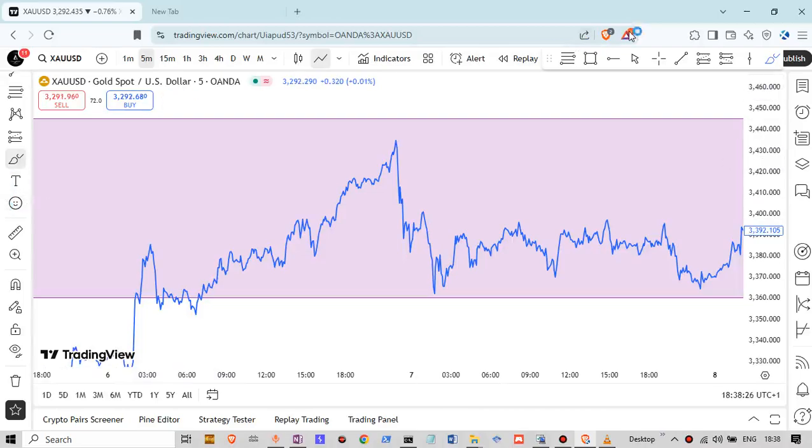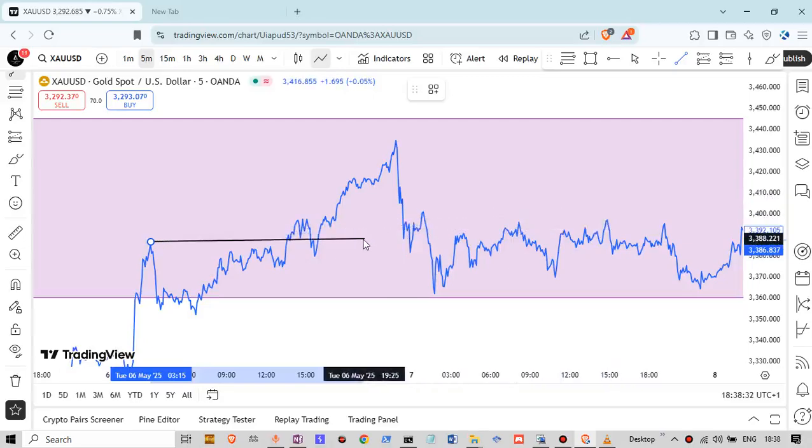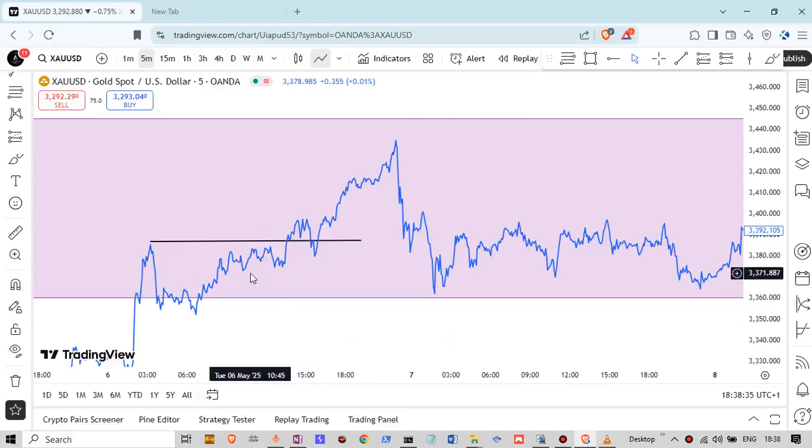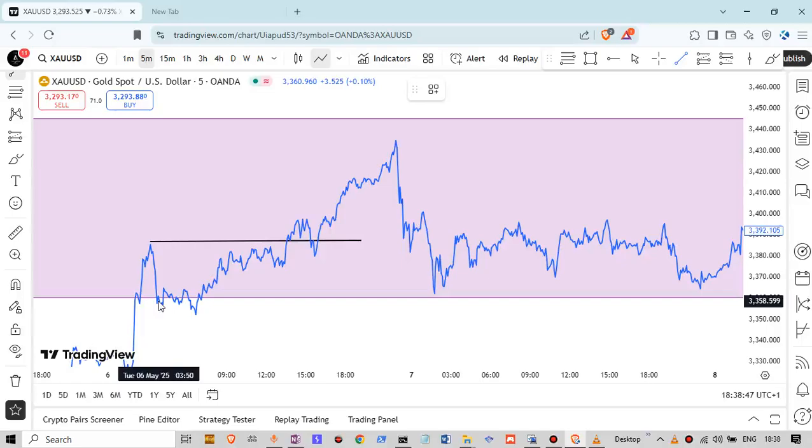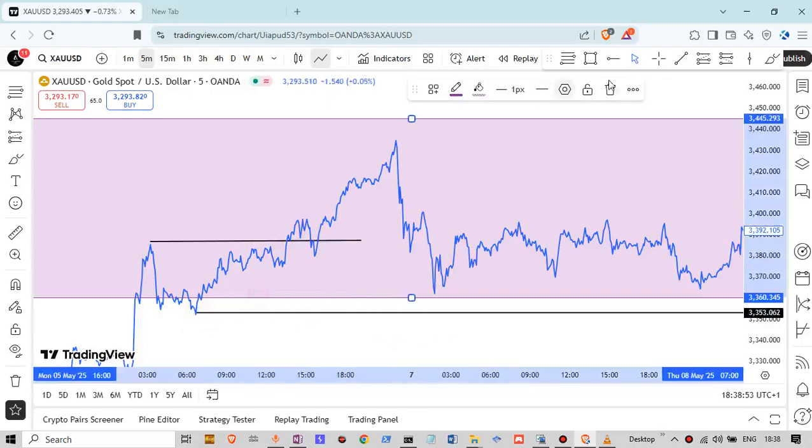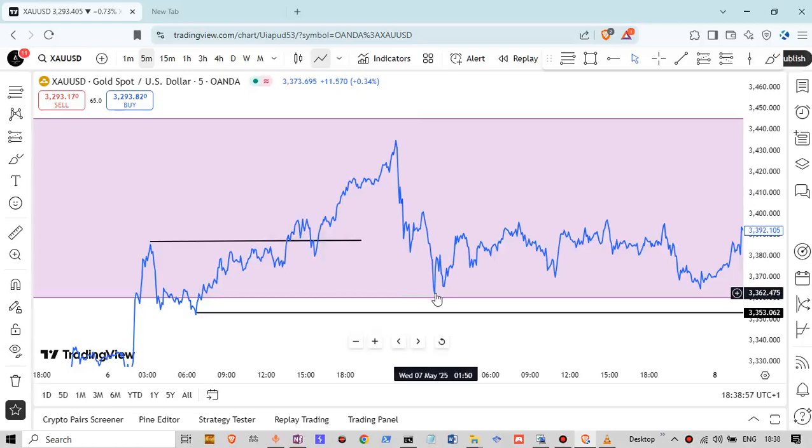Okay, so if I put a line here, for example, can you see that? Now, did you see that this one dipped down here? But at this point in time, it did not go below this one. Watch. Okay, let me do this. Can you see that this low where my finger is pointed has not come below this one? So I cannot even call it a market structure shift. I cannot say it is bearish yet. At this point, this is just a retracement. I can't say the market has shifted.